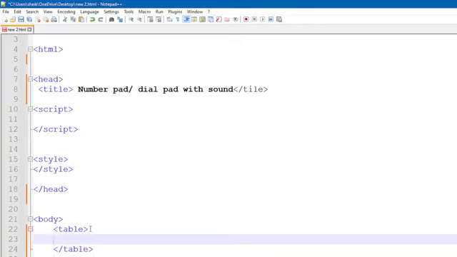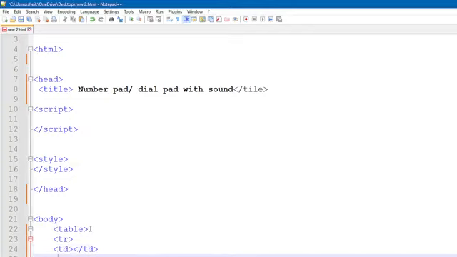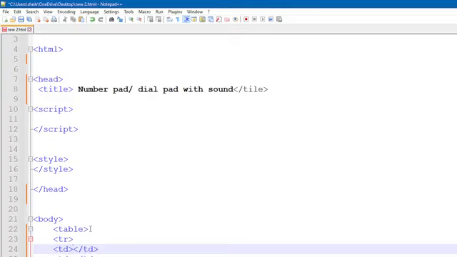So after writing the table tag, we have to start with the row, tr, table row. Then in each row we will have how many td? 3 td, table data. So td, and here td ends. In each td we will add a number, and the number will be in the form of a button. So we will use the button tag. We will apply a class here, and we will name our class button, and